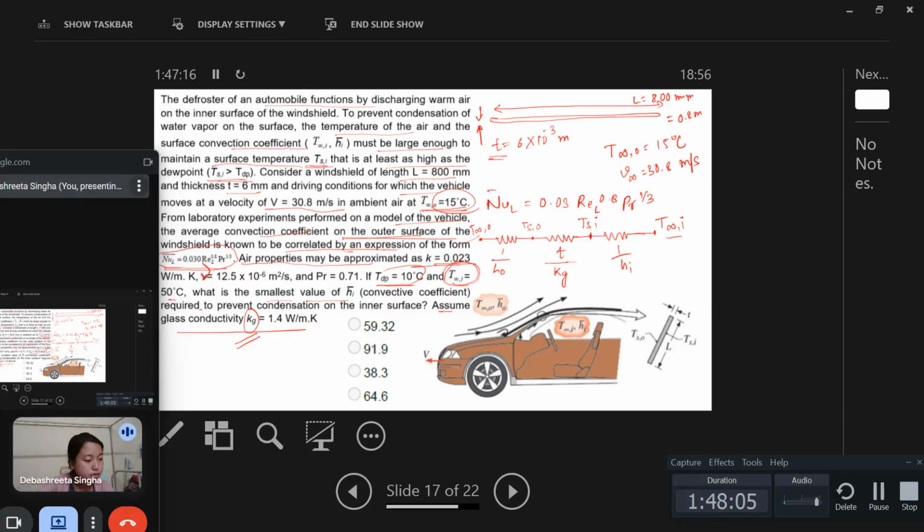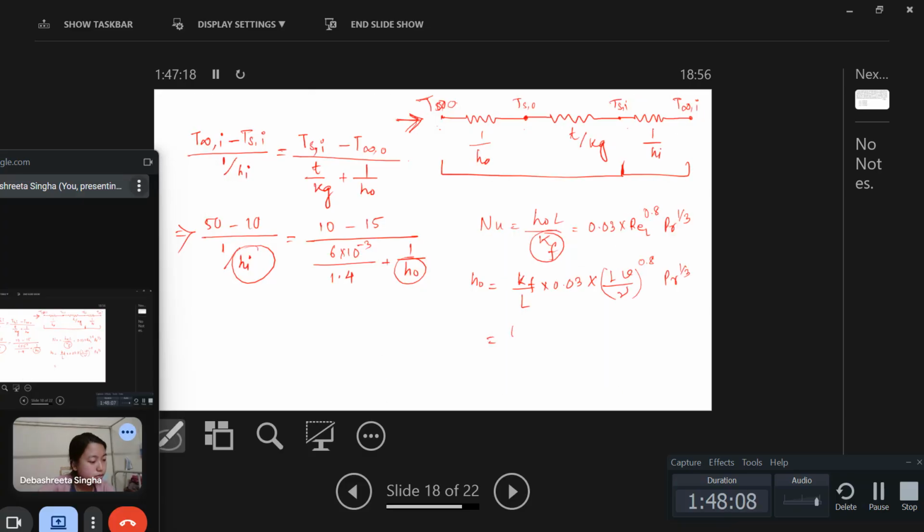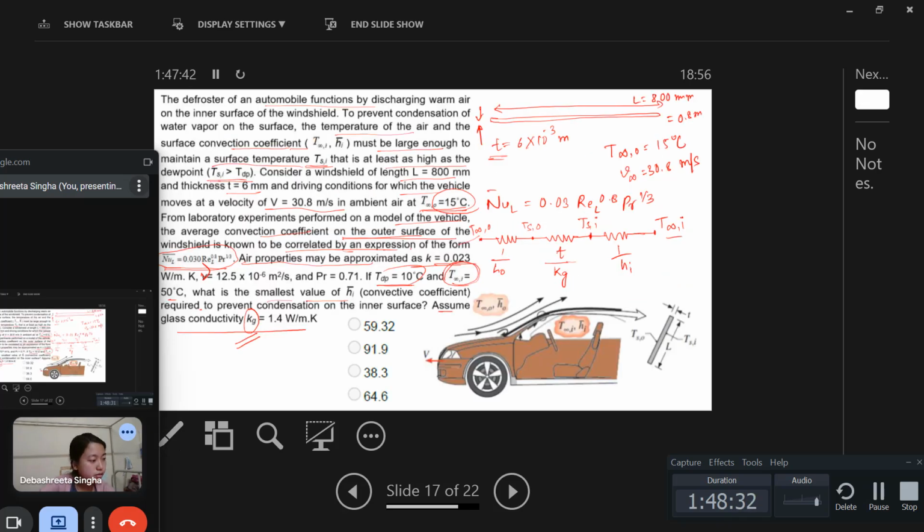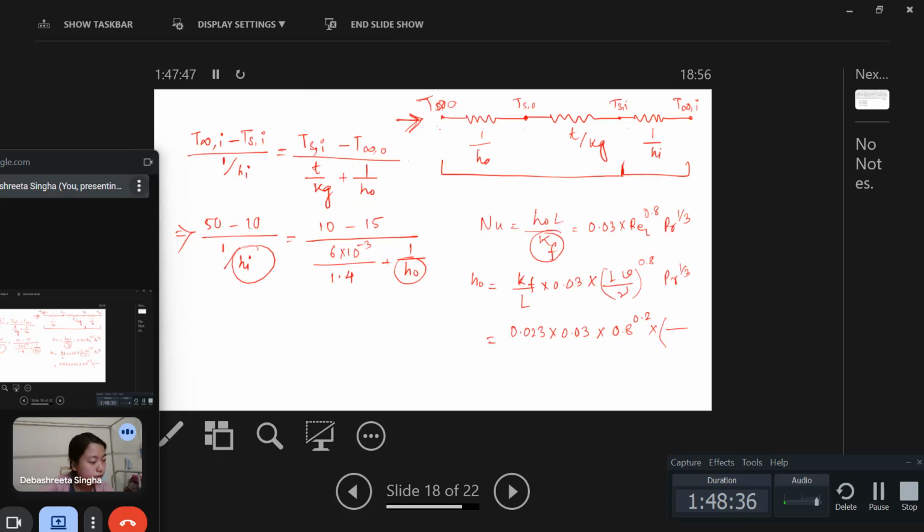So Kf is 0.023 into 0.03. Now L here also, L here also, so L to the power 0.8 minus 1 gives L to the power minus 0.2, into V, the velocity, which is 30.8